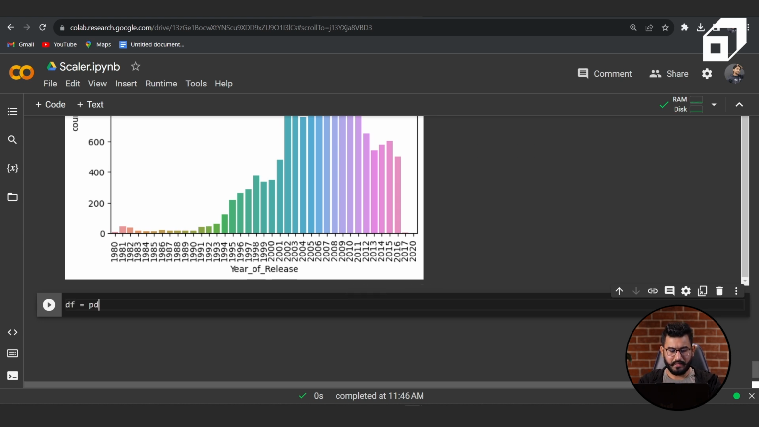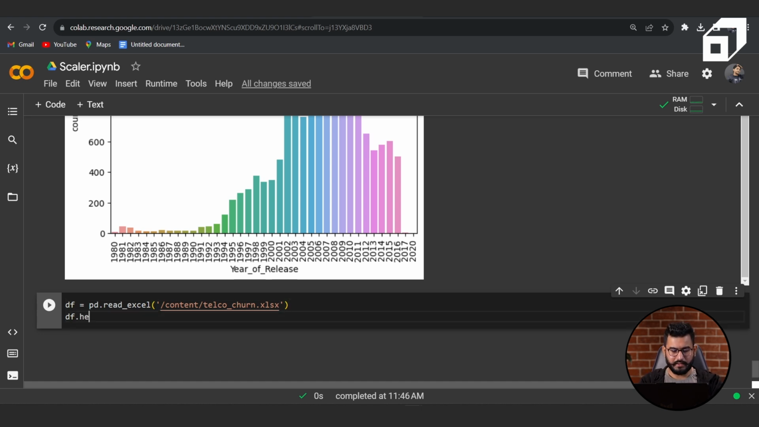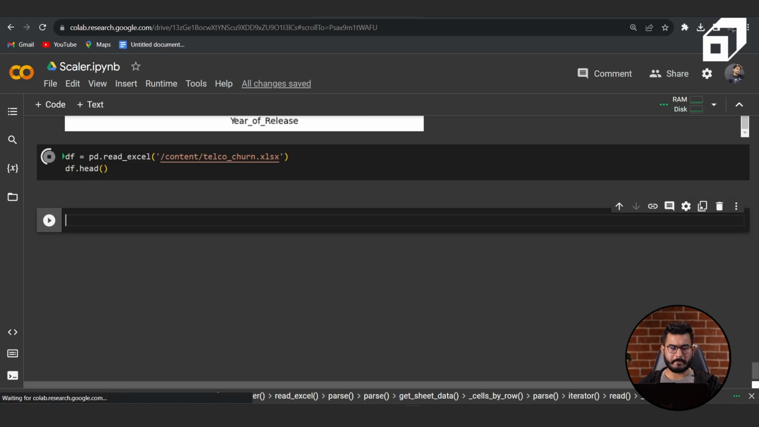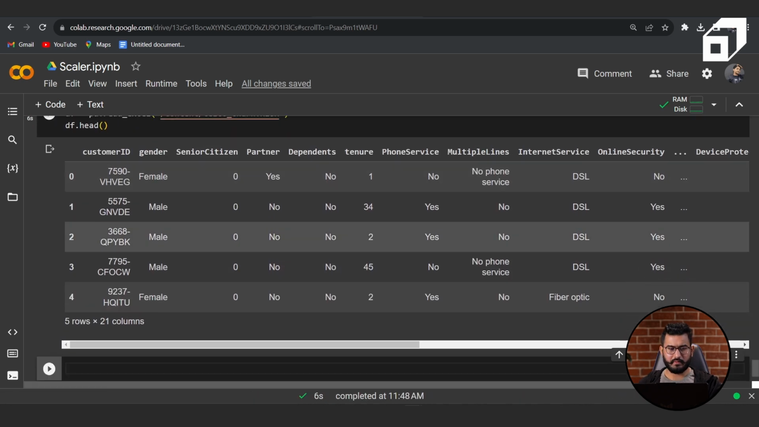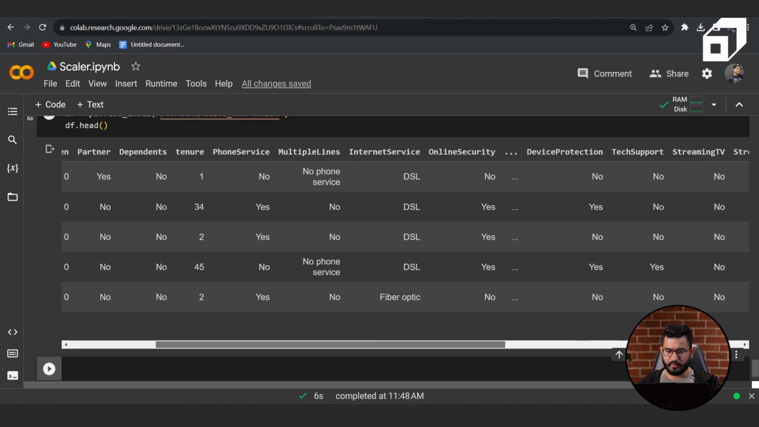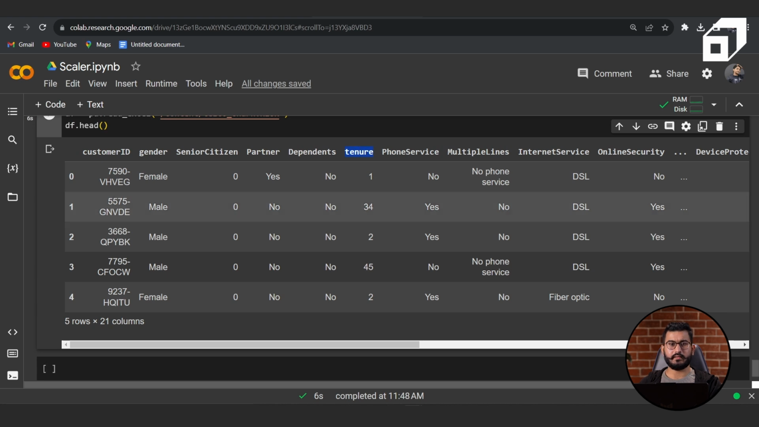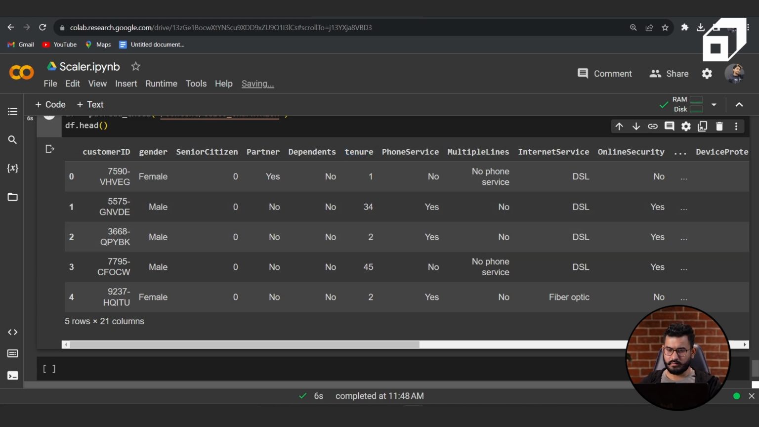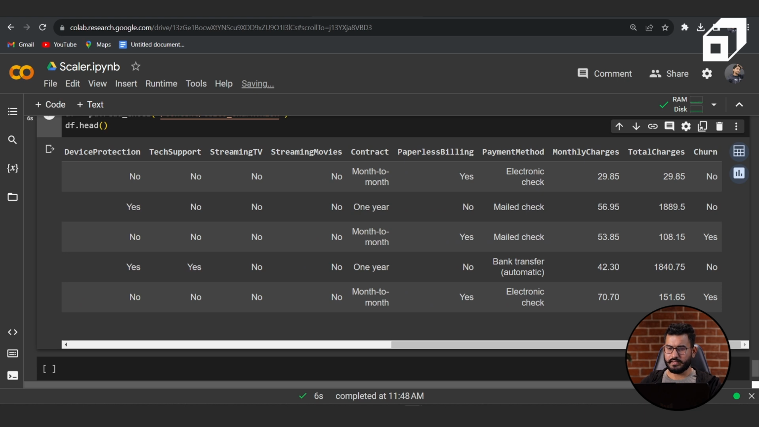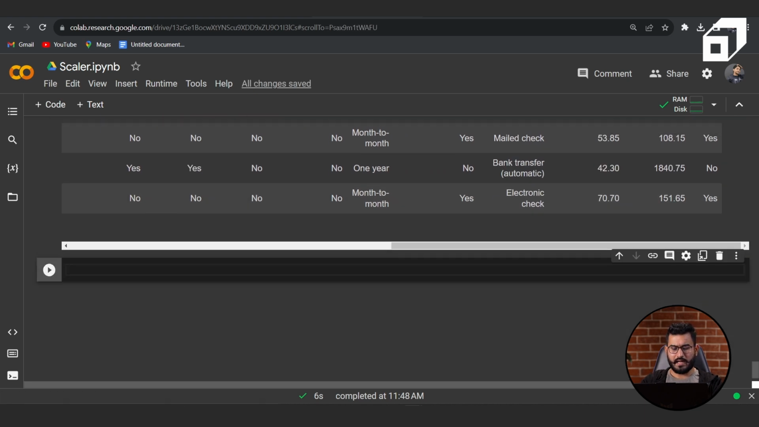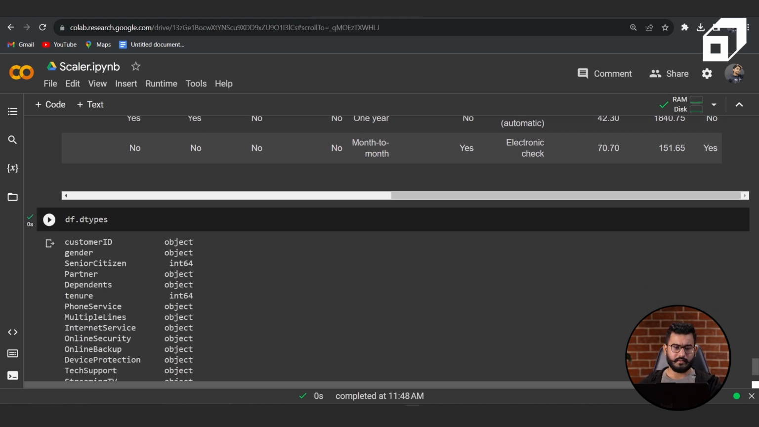So df is equal to pd.read_excel, and we will paste the path. Let's look at the head of the data. So here we have this particular data. Now if you closely observe, in this data we have tenure as one of the numerical columns. Then we have monthly charges, total charges. If I look at the data types of all the columns, dtypes,